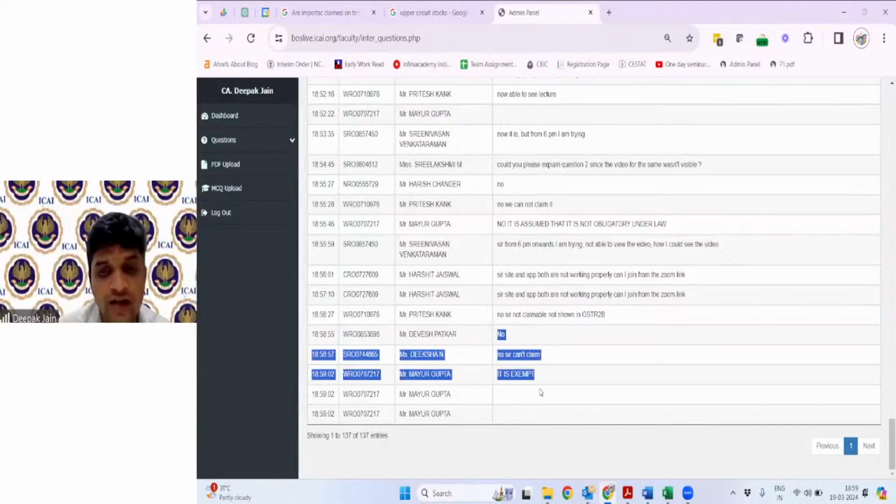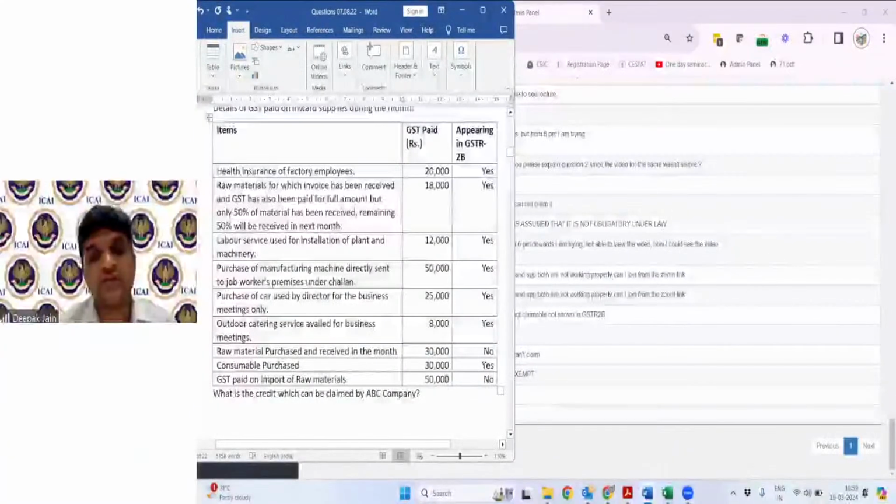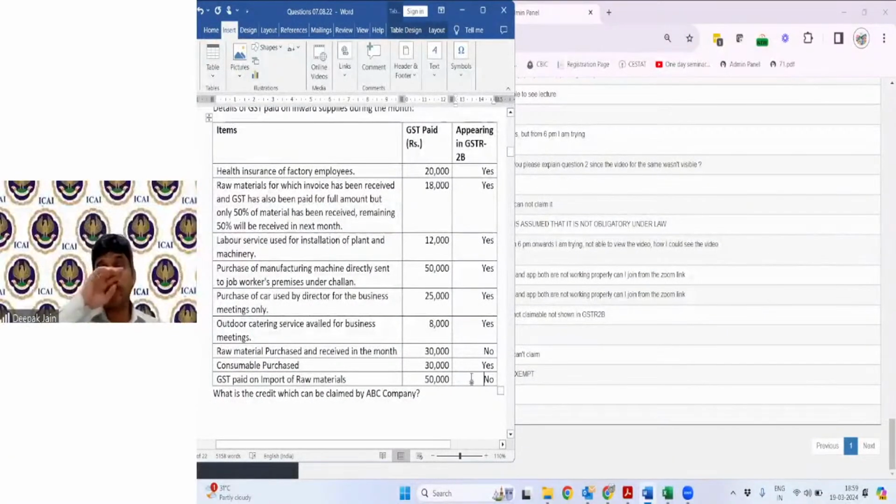No, you can't claim. It is exempt. No, it is not exempt. Not claimable as it is not appearing in 2B. But my dear friends, you can claim on import of raw materials because what you can claim in 2B, what